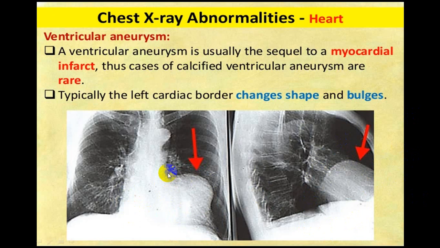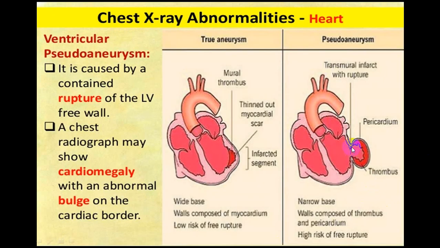The shape of the heart is changed. Normally this will be like this. Instead of that, there is a bulging here, and this could be because of some mediastinal mass also, but in a lateral view you can see it is related to the heart. So as it is related to the heart, it is related to the chamber, and this is the LV chamber. So this is an LV aneurysm, left ventricular aneurysm. You can see this is an aneurysm, and in that aneurysm you have got a thrombus.